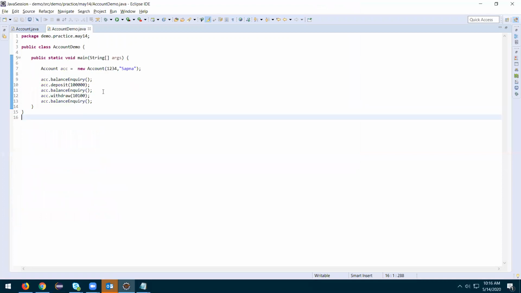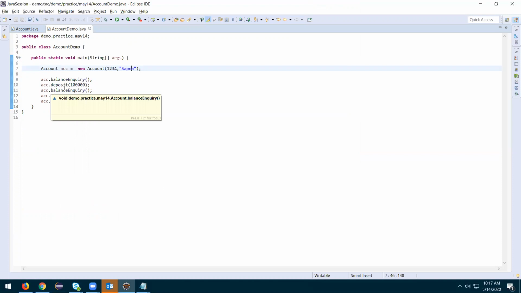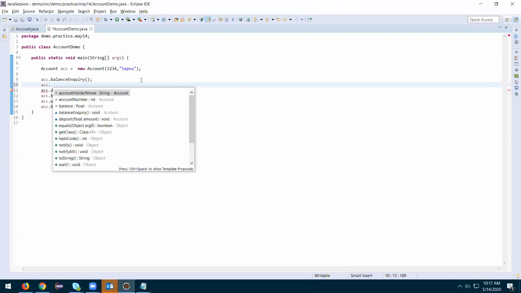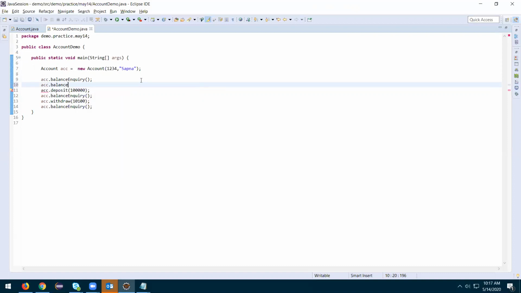So here, if you see, Sapna has some account and we are doing some transactions. In the meanwhile, Jamna somehow got access to the account and he basically updated the balance to 10 lakhs.